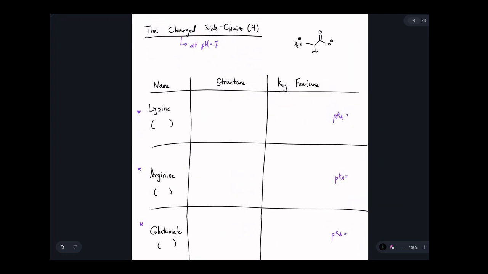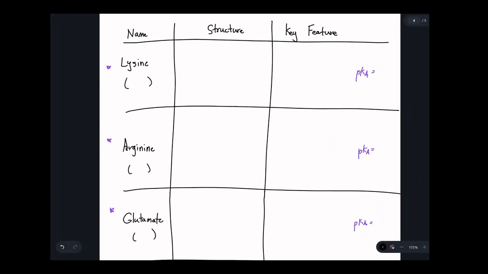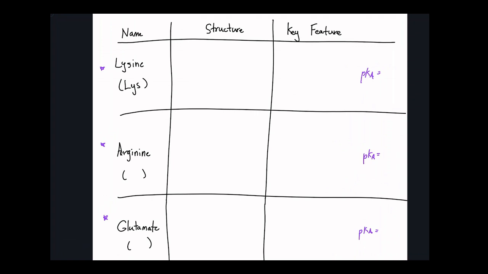Wrapping up, we're almost done now. We just need to finish the charged side chains. So these ones also have pKa's, and you'll notice that they're going to always be charged at pH 7. Starting with lysine, the 3-letter code is LYS, the 1-letter code is K, and the structure is quite long. So here is our alpha carbon. We're going to have 1, 2, 3, 4 carbons, and then a nitrogen, NH3+. So the pKa of lysine is 10.5,